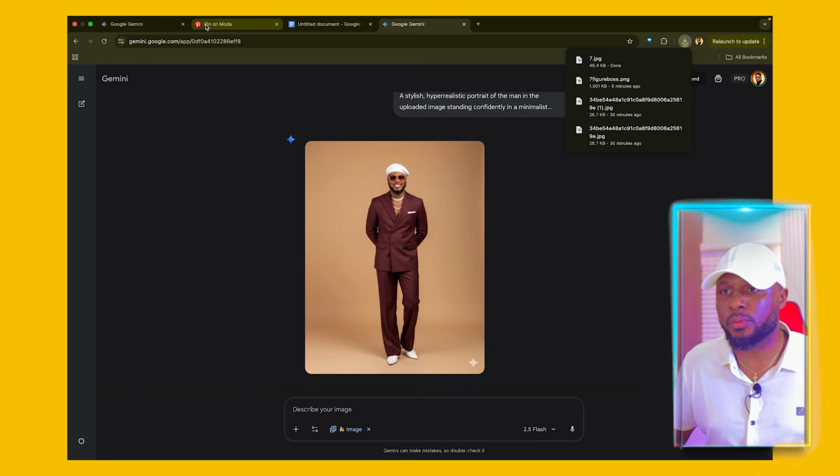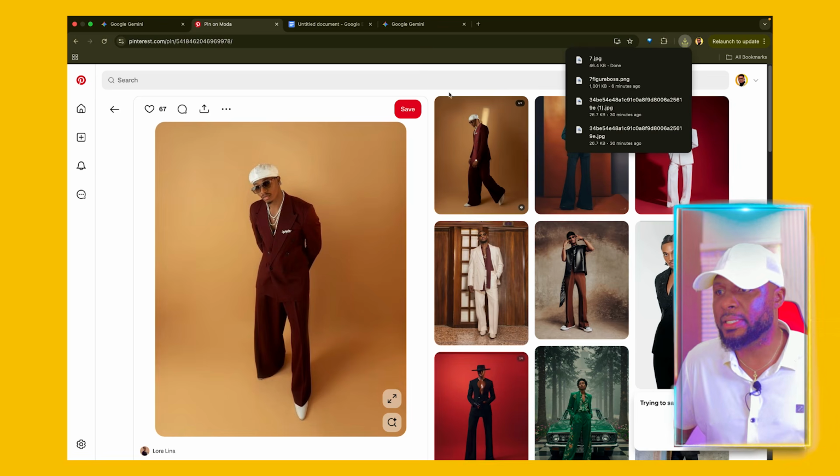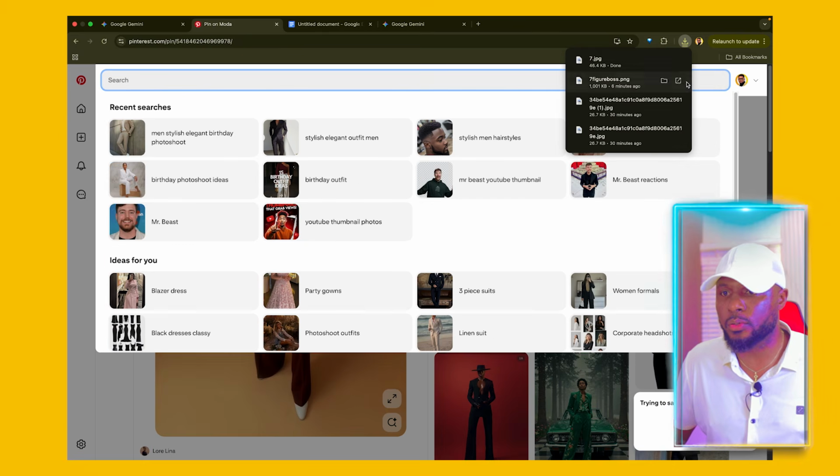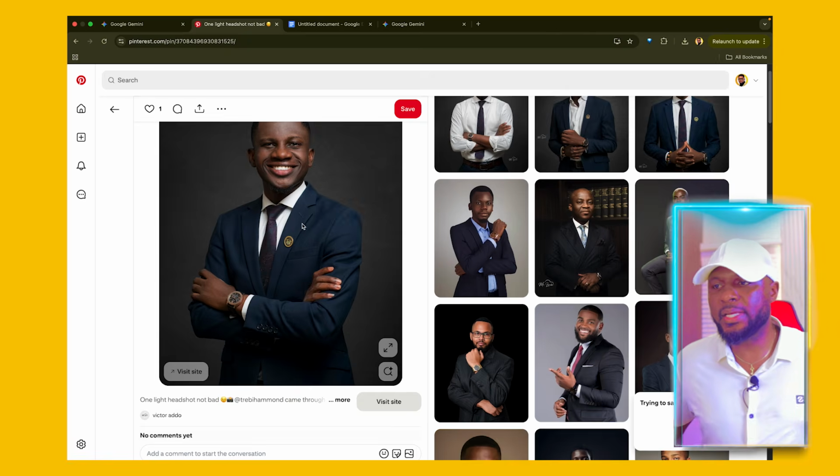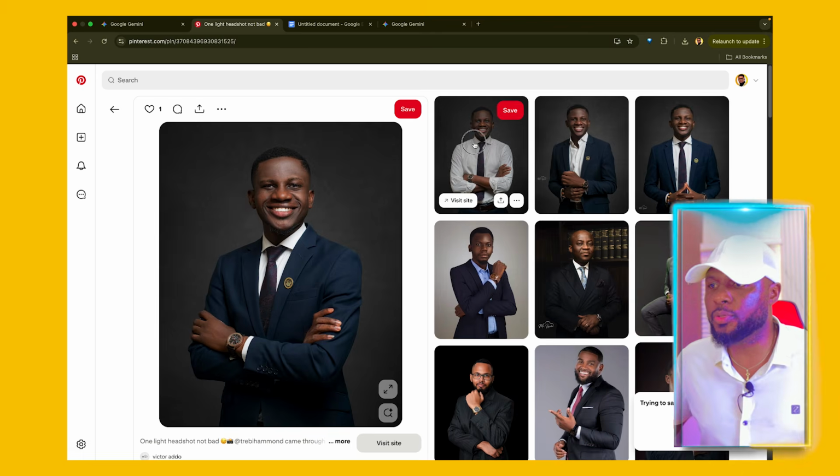So again, if you're having issue with your face, what you should do is to make sure that you include multiple images of your face. So I'm going to show that to you right now. So I'm just going to come right here and let's look for a random image to download so that I just show you how it works. So let's say we want to use this one. So I'm just going to go ahead